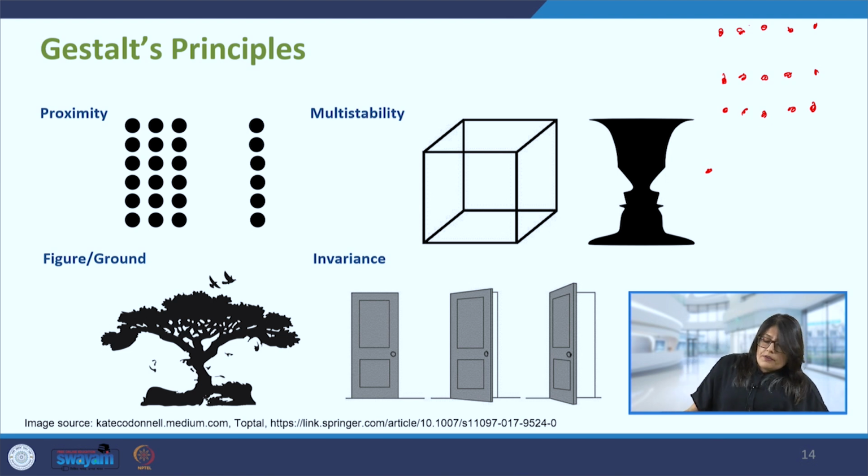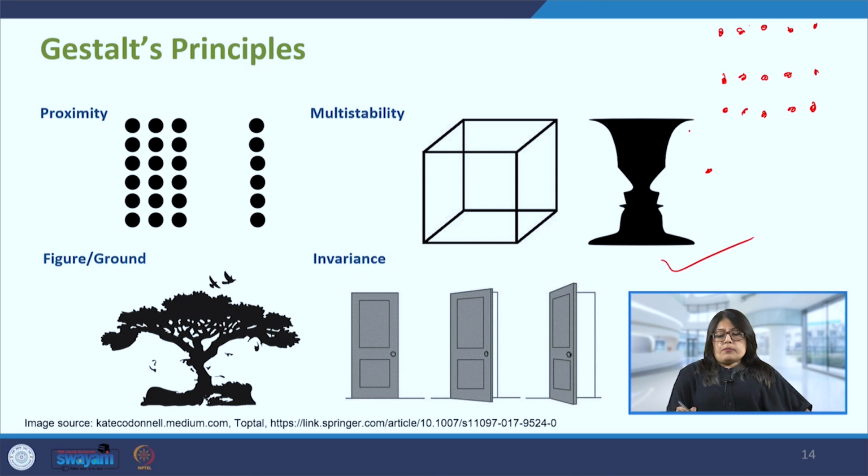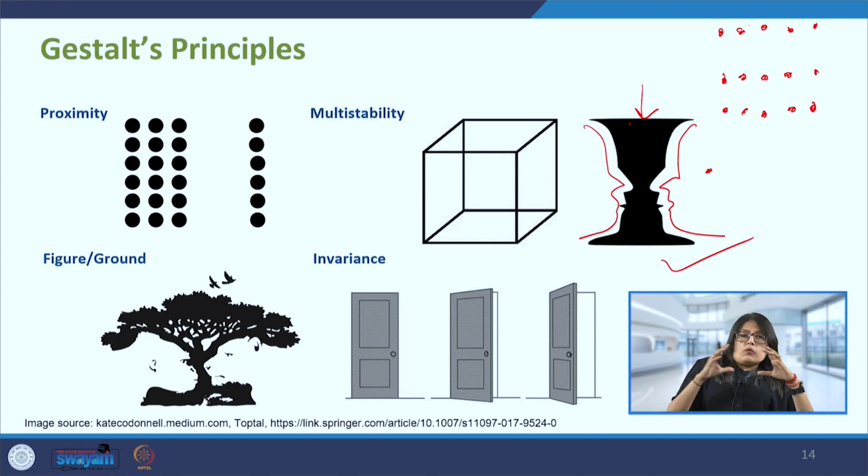This is very interesting because if you see this particular diagram here, you will either see this vase or you can probably see these 2 faces also. So these 2 faces, when they are coming close together, the negative space is creating that vase. This is when the images are ambiguous and they present 2 or more meaningful interpretations. Here they are forming 2 interpretations, one is the face and the other is the vase.